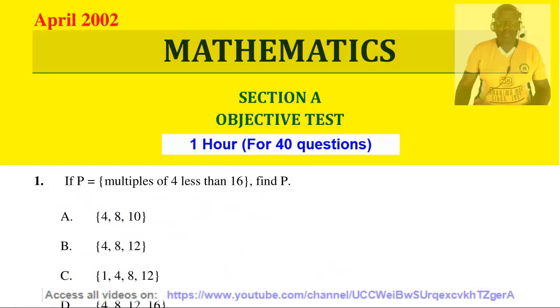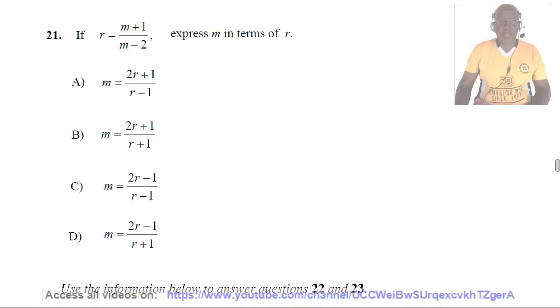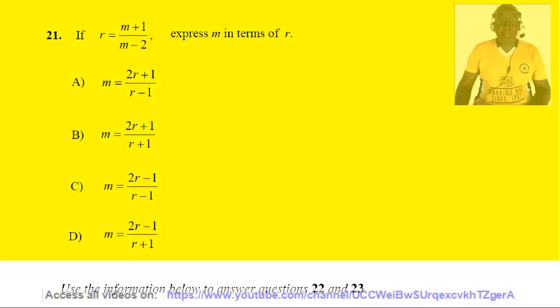April 2002, Mathematics, Section A, Objective Test, questions 21 to 40, 1 hour for 40 questions. Question 21. If r equals (m plus 1) all divided by (m minus 2), express m in terms of